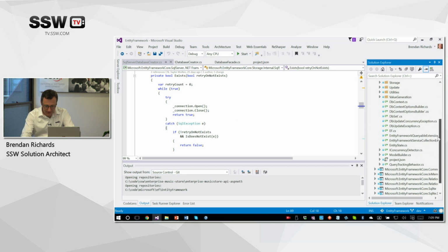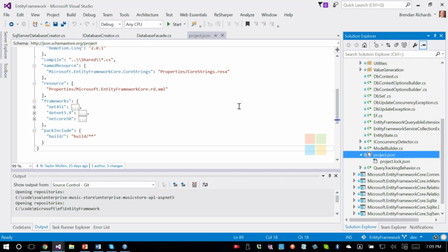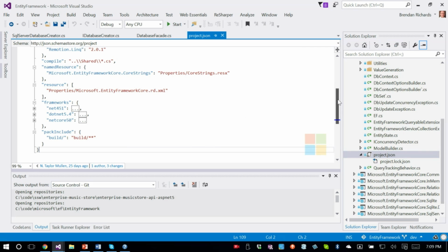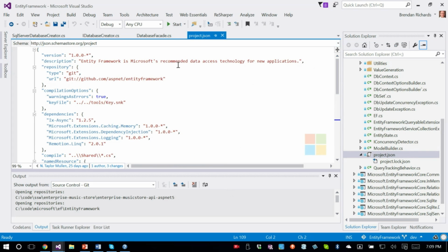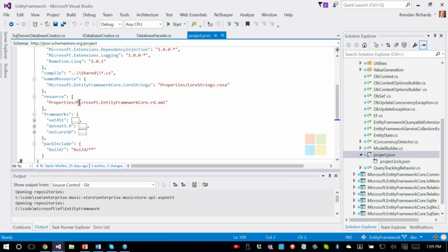And the key difference between a new project and an old style project is this. CS proj files are gone. They're replaced instead with this project.json. And I know there's a whole talk about all the different things they can do in .NET Core, so I'm going to just quickly run through a couple of things and point them out and then move on. So instead of a CS proj file, you've got a project.json file. It's all formatted as JSON. I'm not 100% sold on JSON files for the simple reason that you can't put comments in them.